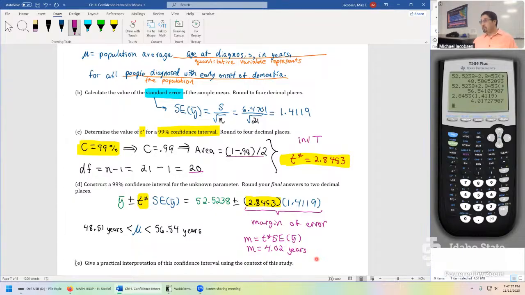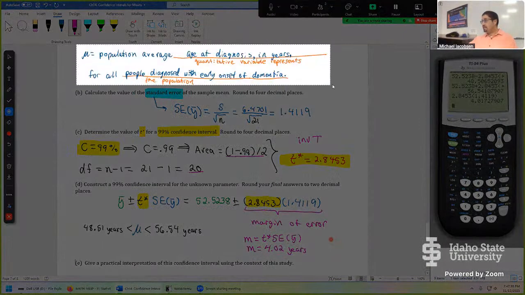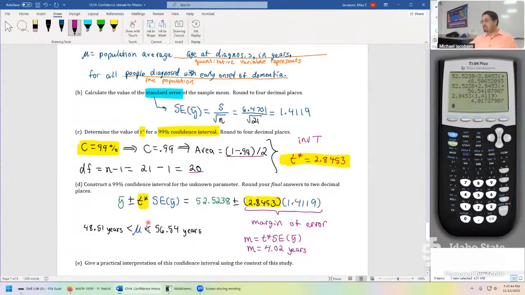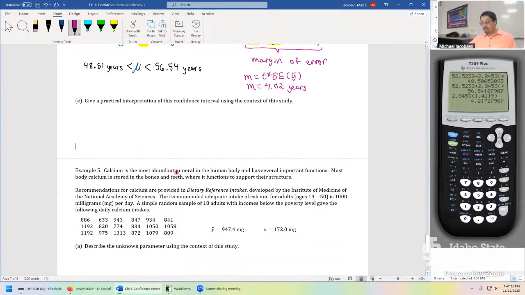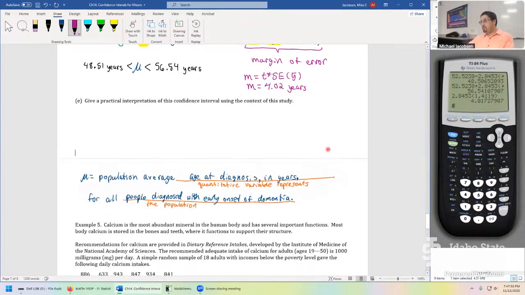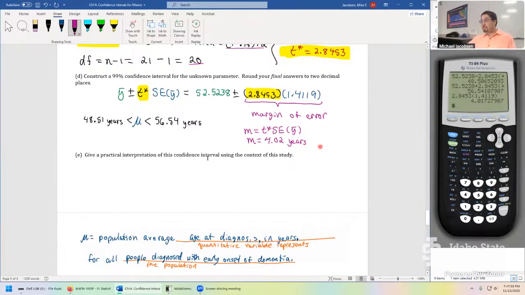Okay, well, let's go to a conclusion to finalize the problem. It's basically saying you put this in the middle. Same sort of thing that we did in chapter 13, what you'll see on exam 3 next Monday. Only difference this time is it's quantitative data. It's a different kind of interval. Part E, what we're about to do, should feel extremely similar to what you did in chapter 13. We first mention the level of confidence. It's at 99%. So we can say with 99% confidence,